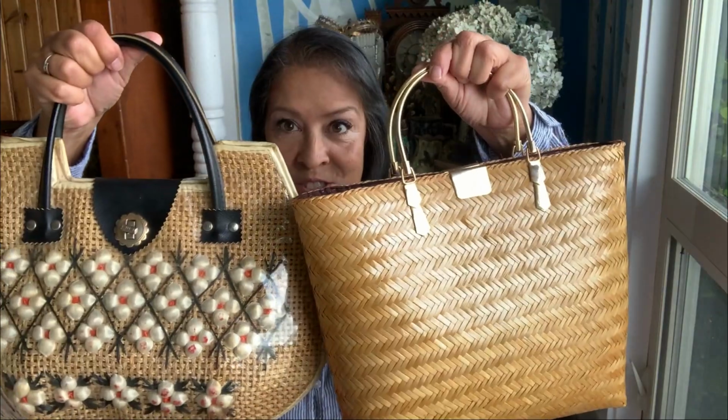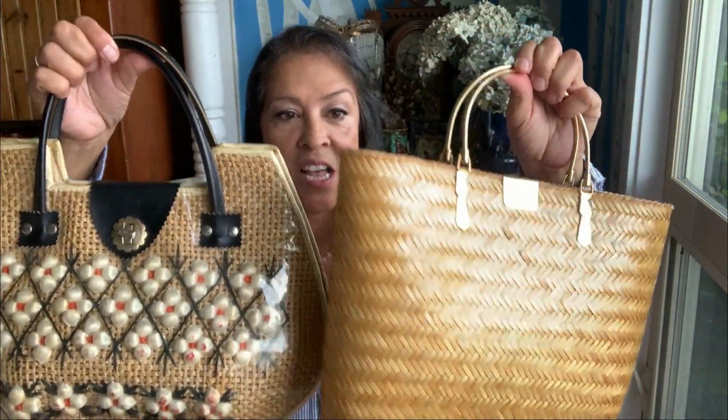So this first pile is all coming from that particular garage sale in downtown Tacoma. I picked up quite a bit of clothing and accessories from them. So these two, I think I mentioned in my last video that I'm on the hunt right now for